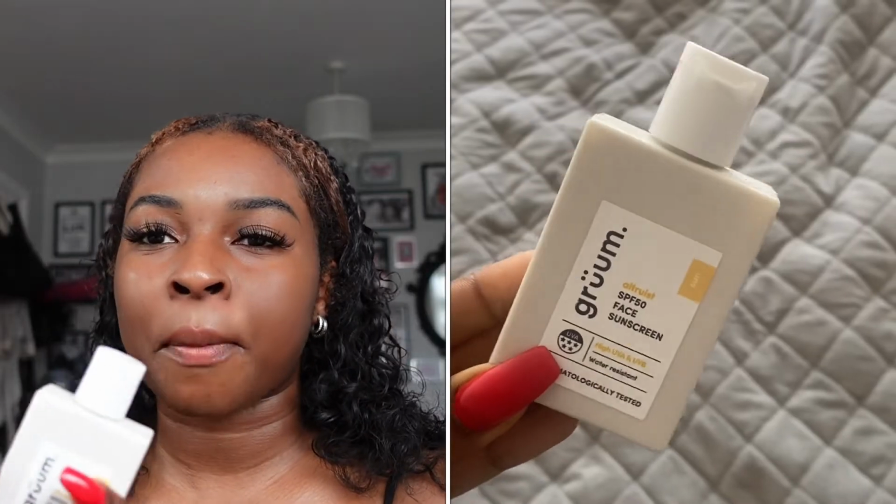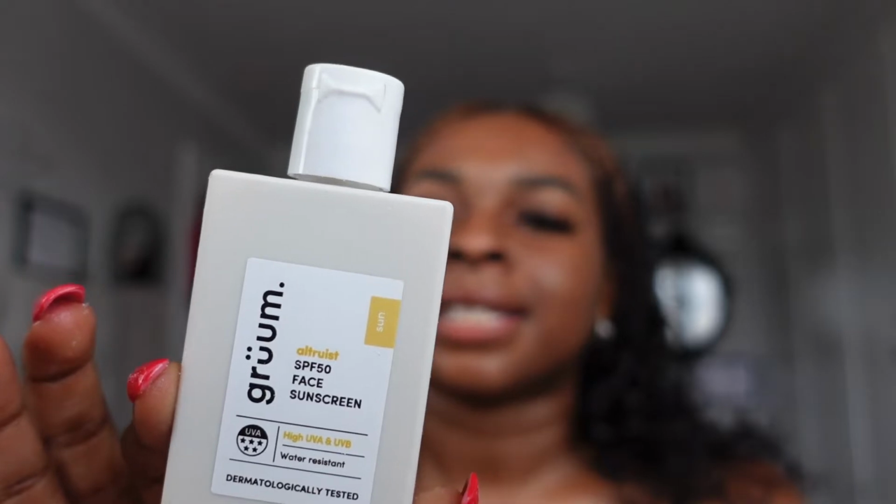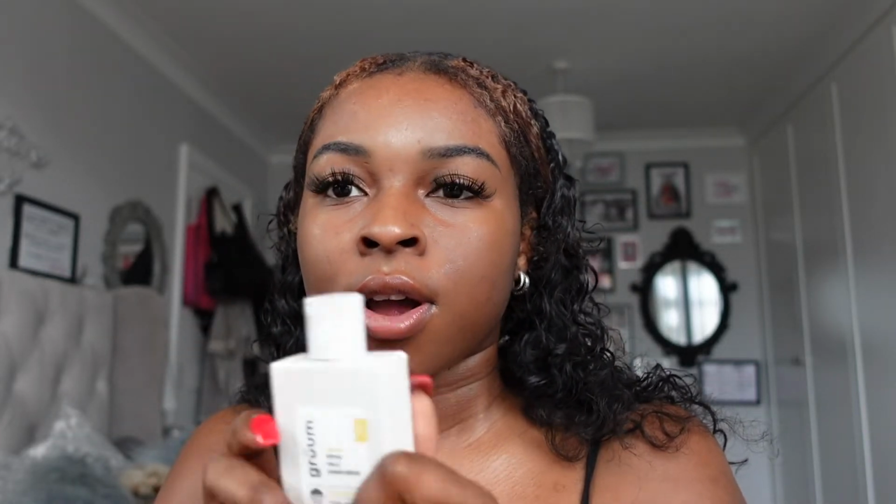Then I have this. Now, I have a mini face sunscreen. It's a Groom one. It was only £6. I got it because when I'm on long haul journeys, going from such a cold country like the UK to a very hot country, sometimes I find myself queuing in lines on the tarmac, or queuing in the airport, or queuing outside the airport waiting for taxis, etc. And so I'm already exposed to the sun, and because I'm taking my sunscreen very seriously this year, I thought I would start carrying a little bit with me, instead of landing, going through my luggage, looking for my sunscreen to then put on whilst I'm waiting to be picked